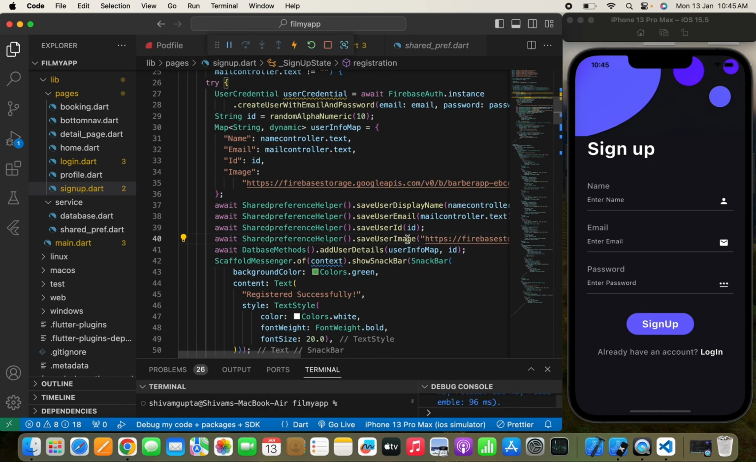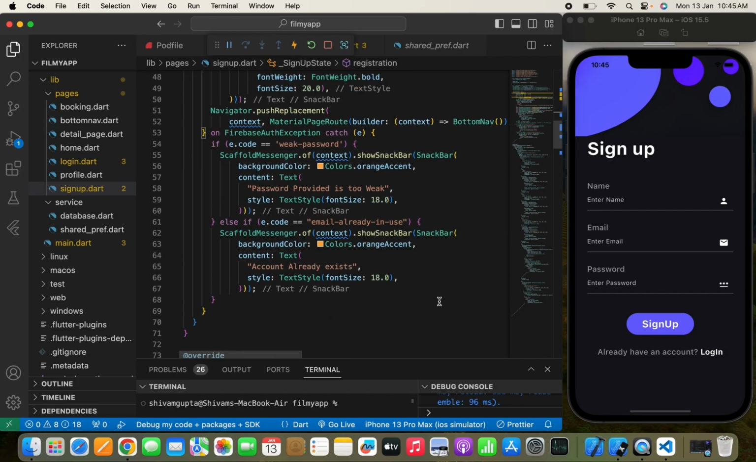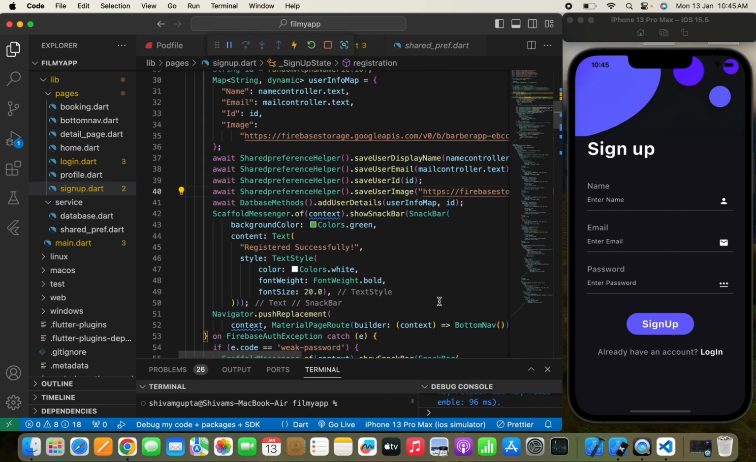Now I can use a shared preference, but don't need to worry. I will show you where we are going to use a shared preference and how this data will be called, and we can show it in the app. So once we have saved the data locally, now let's move to our login page,